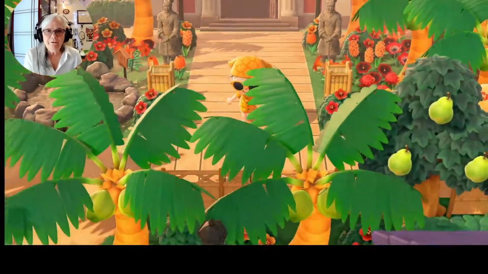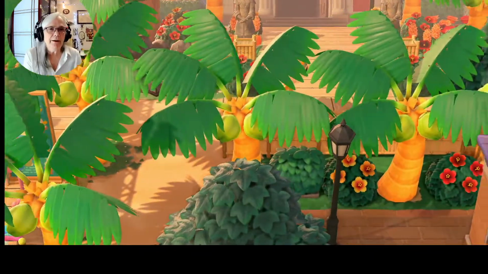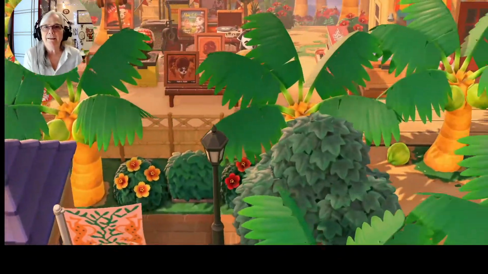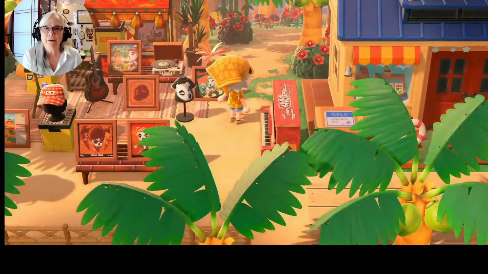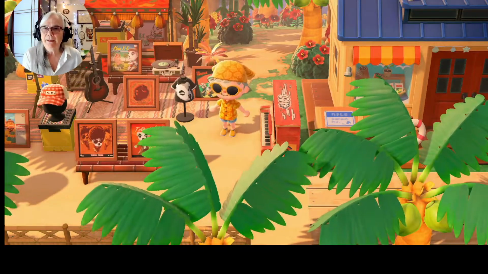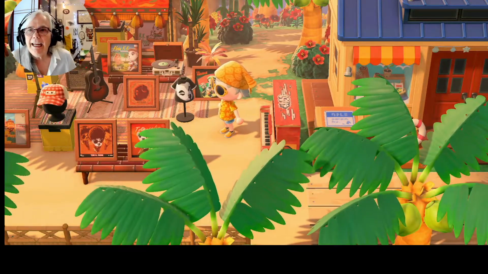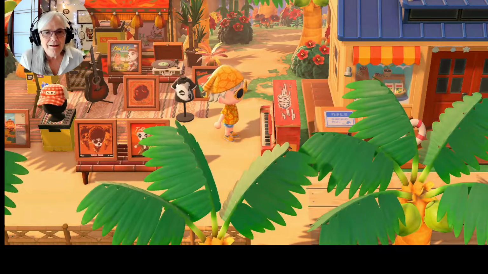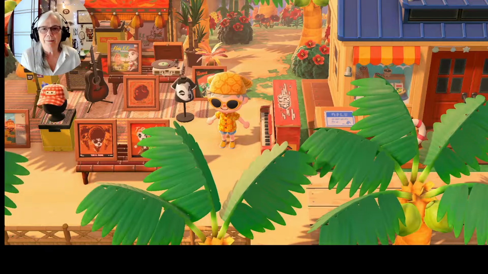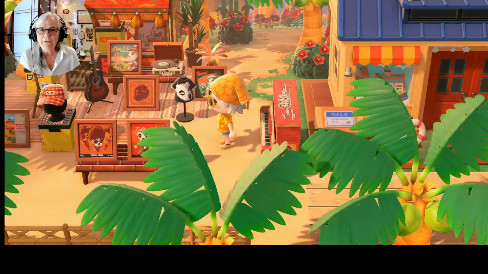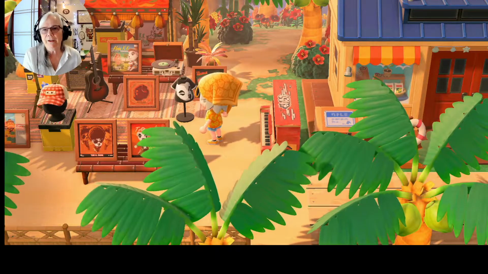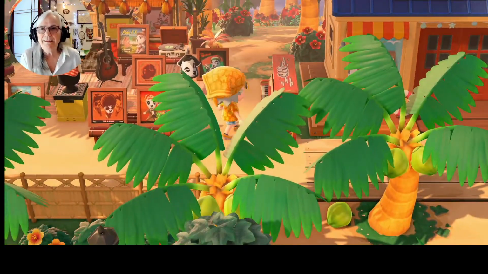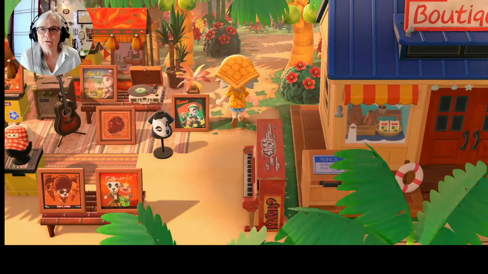So if anybody's just arriving, we are exploring a dream address. Oh goodness. Look at this little music store. It has albums, musical instruments. It's a KK store. It has like a little piano. Wow, I love the customization on that piano. And I've noticed these t-shirts with KK's face on them. That is so cool. It really does look like a little record store.